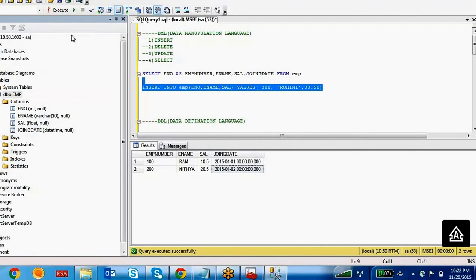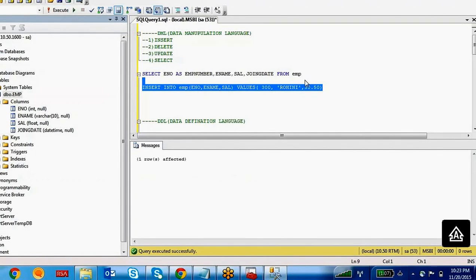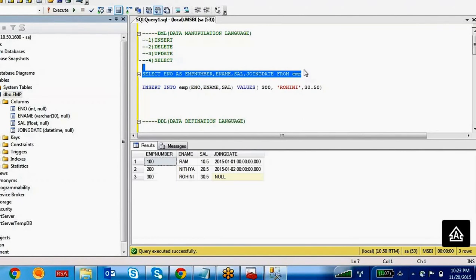Now we can execute. I am going to insert only 3 columns: employee number, employee name, salary. I don't want to insert any date. Execute. One row affected. It is null because you are not inserting any value. If you are not inserting any value, by default it takes a null value.